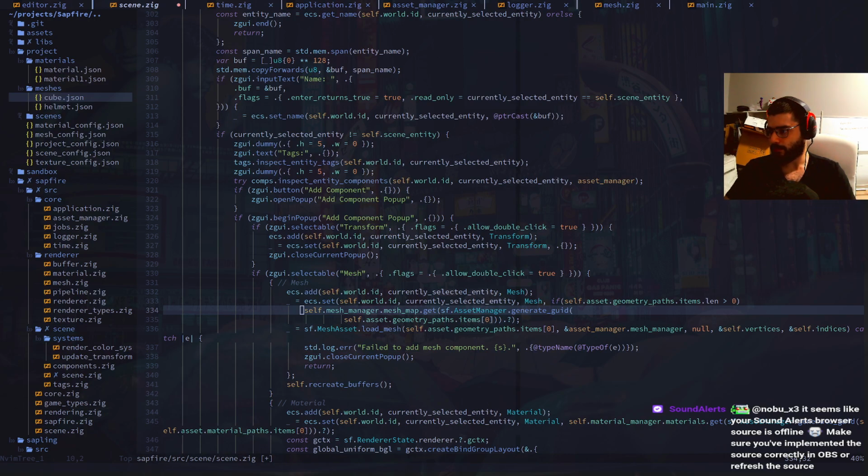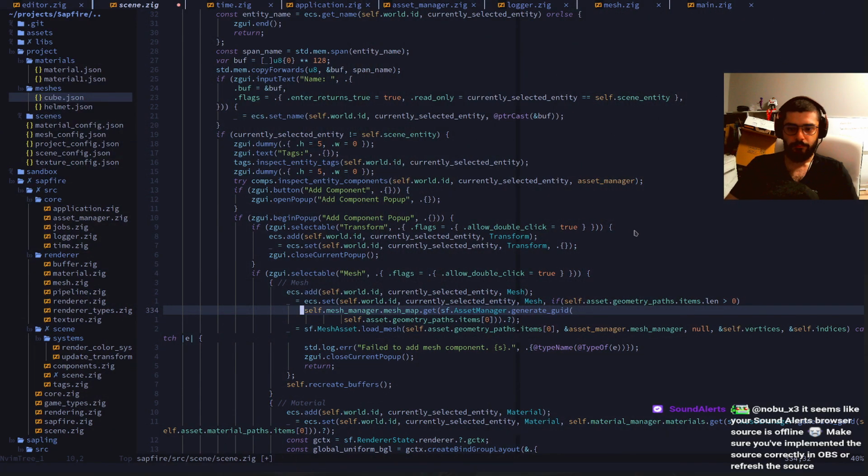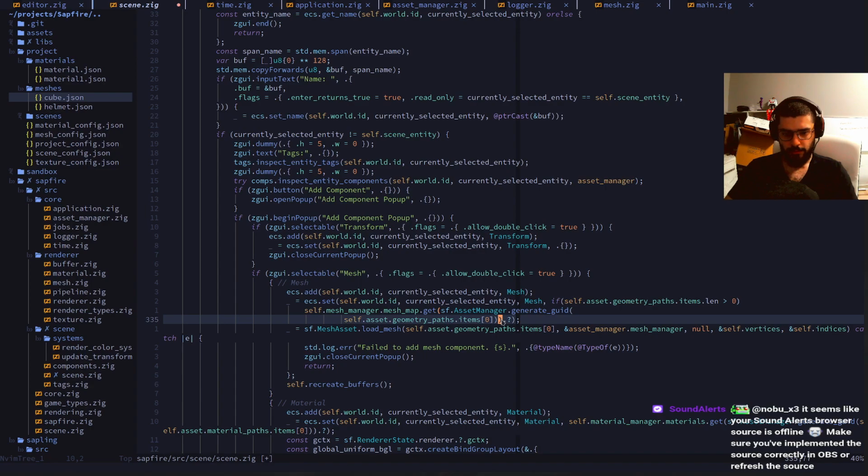Okay, an if expression is used instead of a ternary expression. That is okay. So if blah blah blah, do this. Where's the closing bracket? Yeah, okay. Else